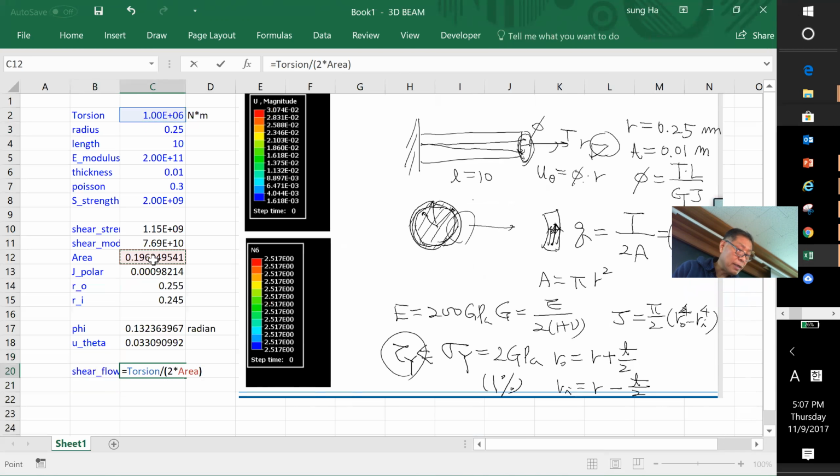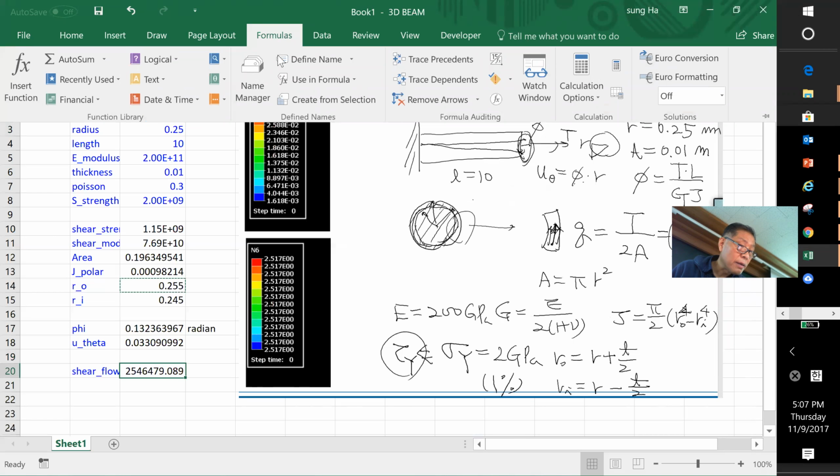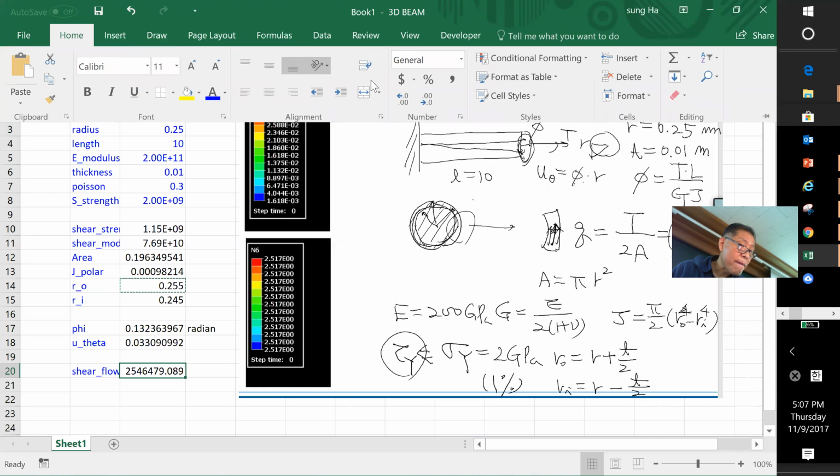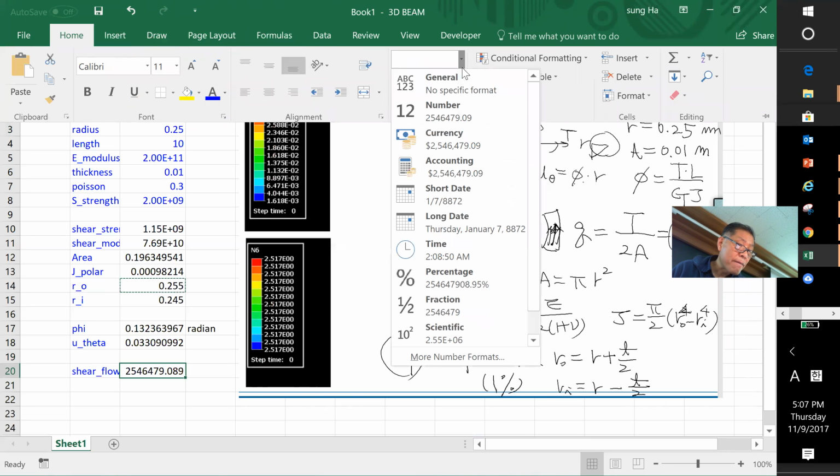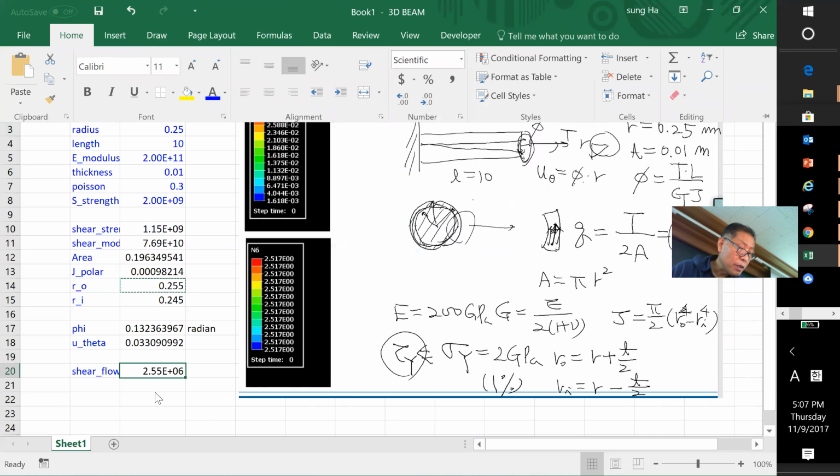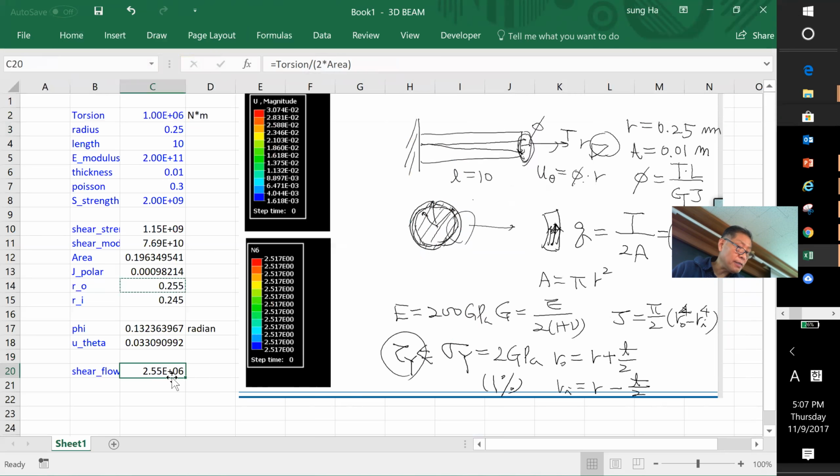Area, right. And then this is the one. .55. This is a 2.5. And this is the A6, means that